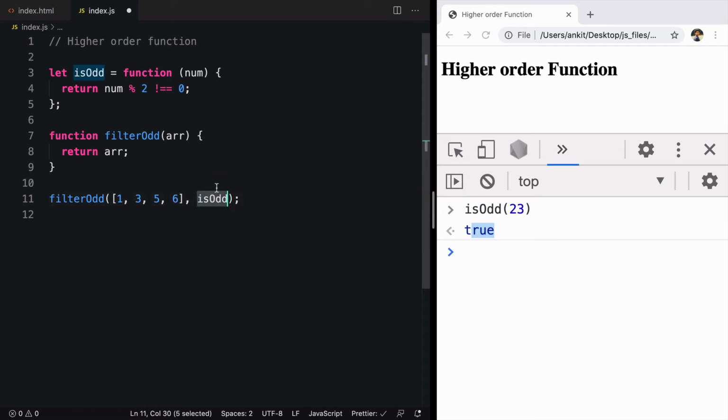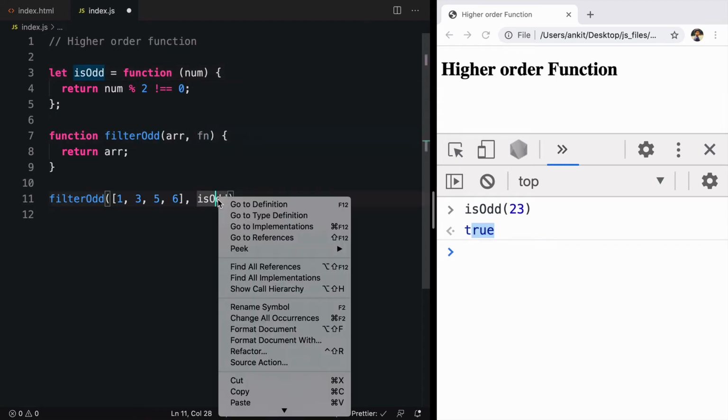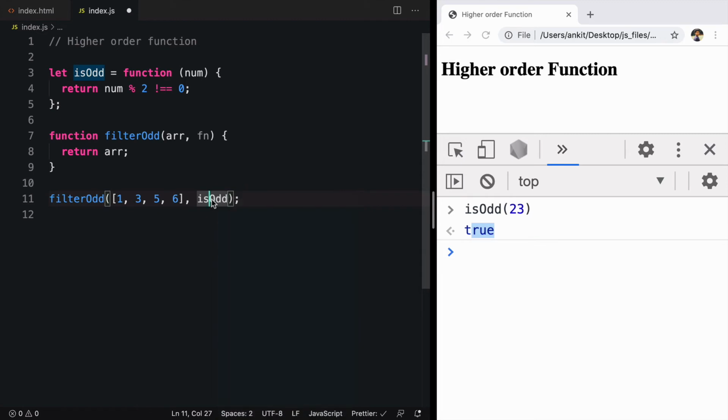And notice one thing, I'm not calling the function. I'm passing a function reference. And to accept that, I'll create another parameter called fn. So now the function isodd can be passed inside the function filterodd because a function is an expression, and as an argument you can only pass an expression.